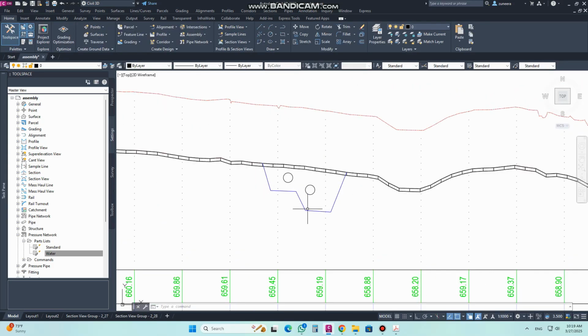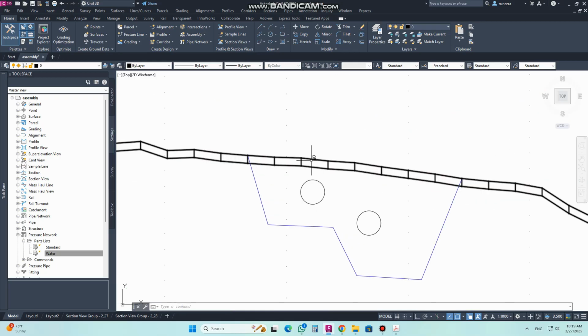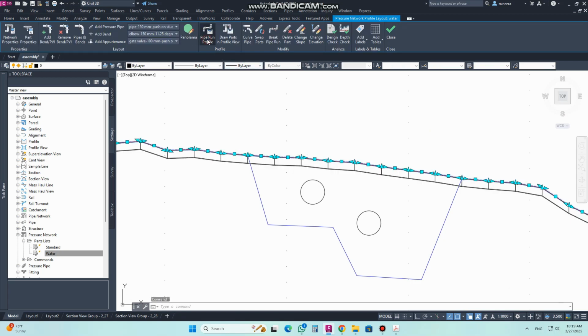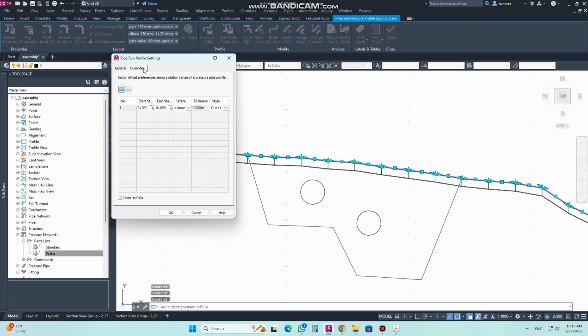Now I have created another profile for this pipe run. So what will I do? I will click on the run. I will go to pipe run. From the override, as you can see, I will create another one, and here you have it. You can check this one. So what will I select? I will select what I named lower run one. The depth I have already created down, so this will make 0, and clean up PVI, and then